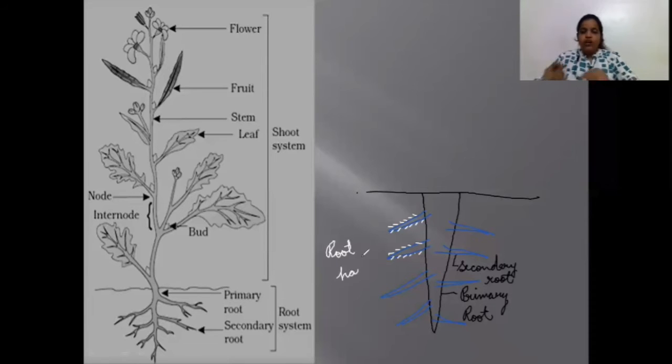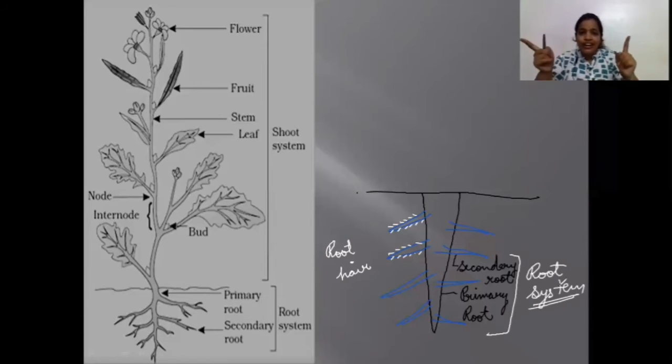Now, these secondary roots can be further branched to form tertiary roots and so on, but we have to focus only up to secondary roots. These secondary roots and primary roots together form a system known as the root system, guys. So, root system is formed by what? The root system is developed by the radicle. R for root, R for radicle. You won't get confused now, right?